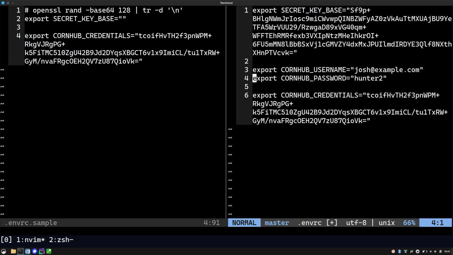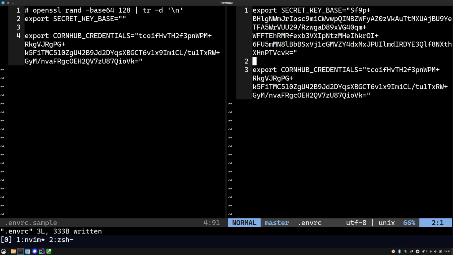So now we don't need to be storing the Corn Hub username and Corn Hub password in plaintext anymore. We only need the CORNHUB_CREDENTIALS variable, which is useless to